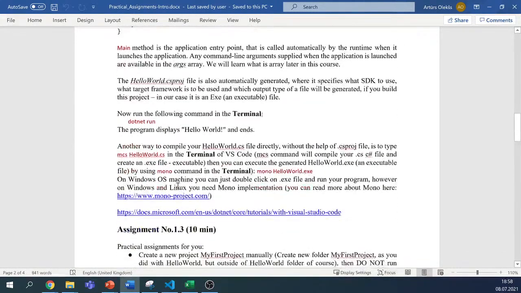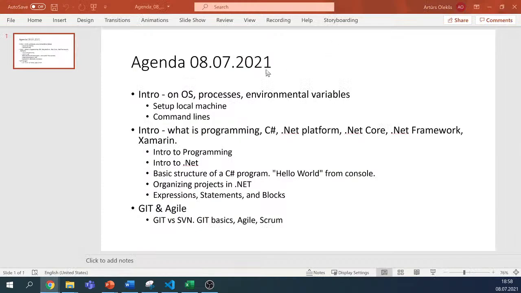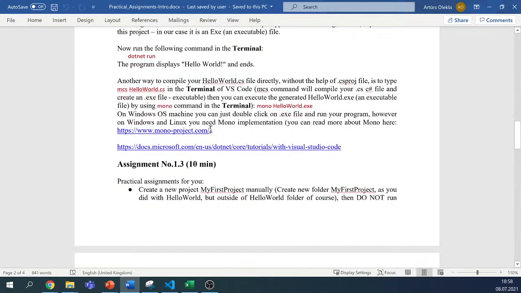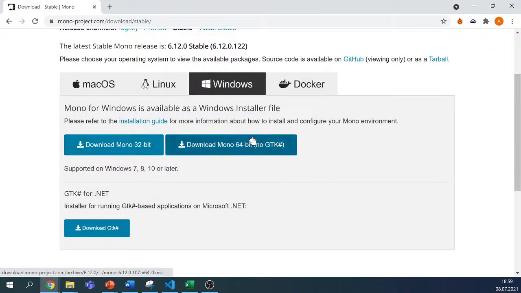So that's the first option, and the second option would be that we use Mono framework. And Mono framework, that's the framework we can use for .NET, and you can see the link here. That's for the Mono project. You could go here, and then from here you could download the Mono project. I guess you could use 32 bits. There is not much difference. I used 64 bits, and then I also downloaded